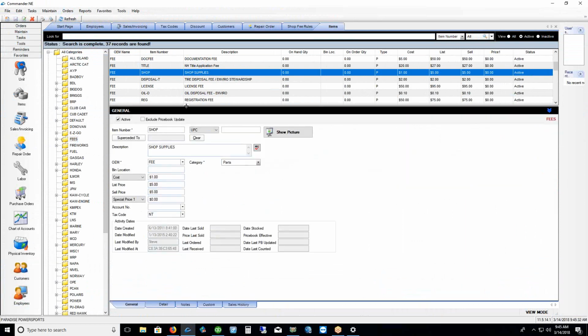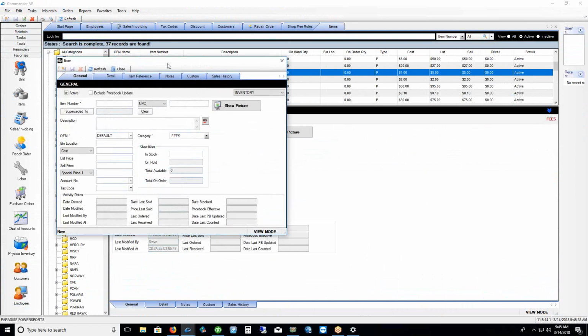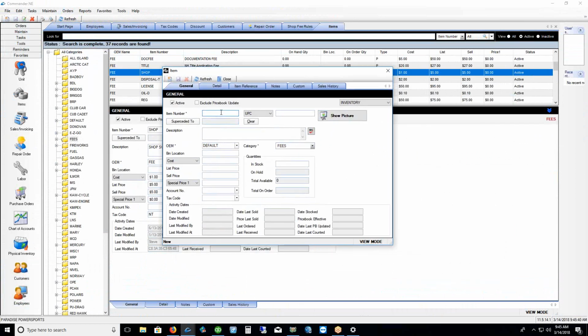And the only difference when you're adding fees versus adding items is that when you're adding an item, you go new, and now you're putting the item in. You could type in shop fees or SF for shop fees. You have to change it over here on the right where it says inventory. There's a little drop-down right here. And as long as you pick this drop-down, change it to fees,